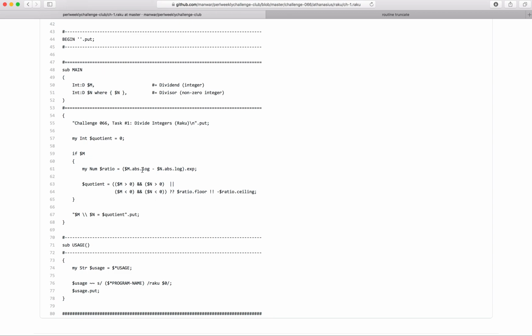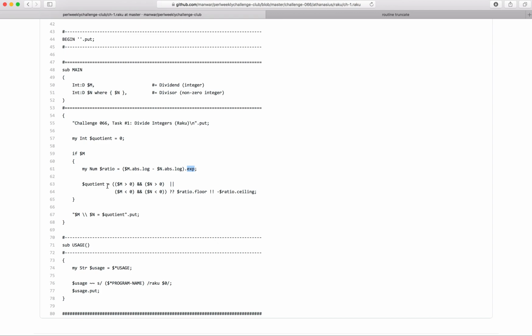Although I think that logarithms and exponentials are kind of forbidden here, but they are not. In that space, when you move the numbers there, you can just use plus and minus, and you will get the correct result